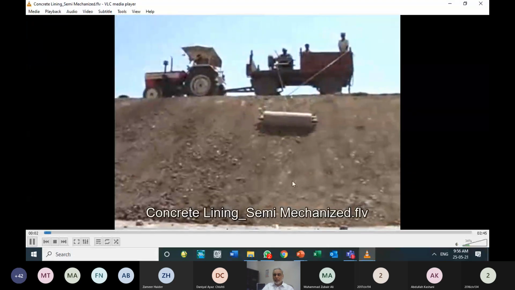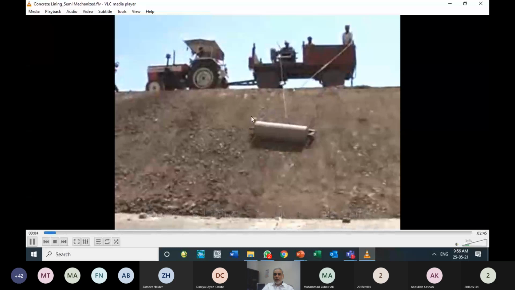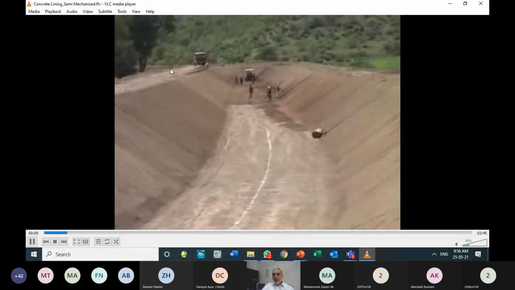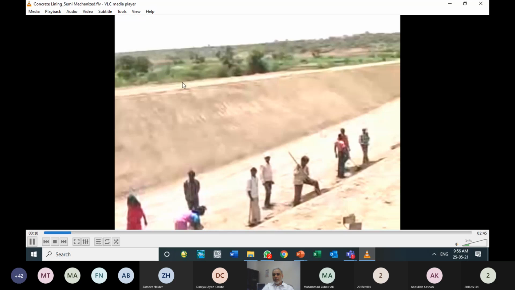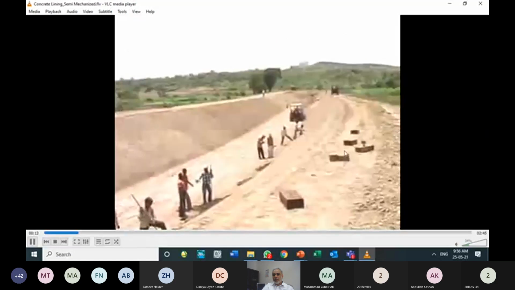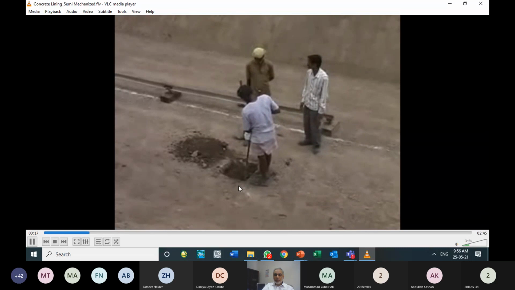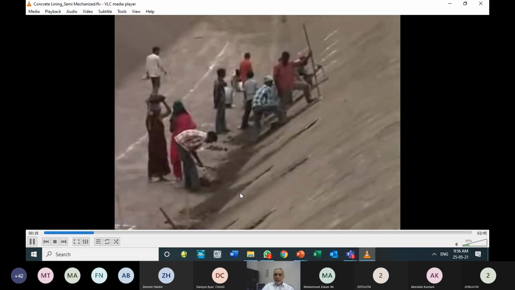So this is semi mechanized, उसमें पूरा slip formwork यूज हो रहा था। यहाँ पे अगर छोटी कैनाल का प्रोजेक्ट है, you can place a few laborers at the top and they can pull the rollers up and down. तो ये एक semi mechanized है।